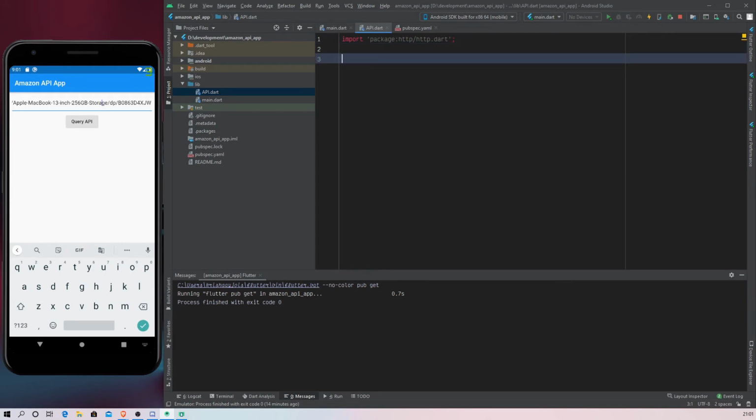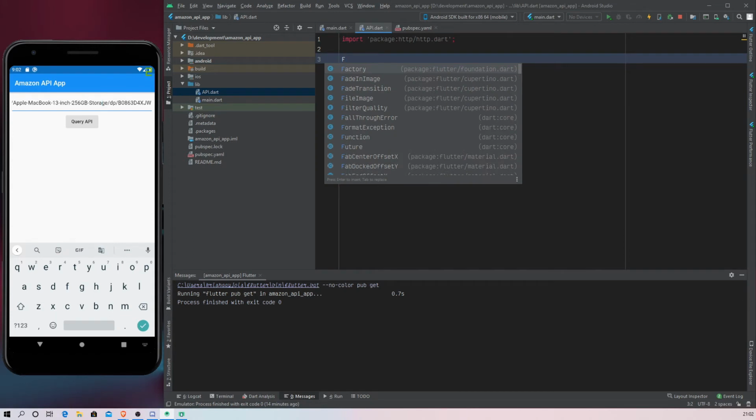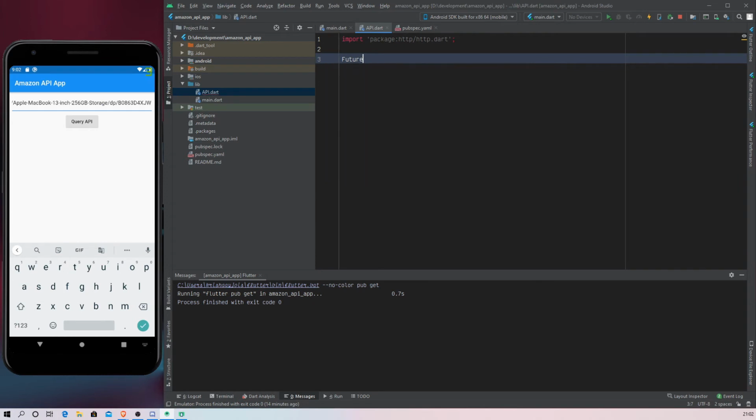Now since our command takes time to process the data and then give it back to us as JSON, this will be an asynchronous function, because we'll have to wait for the data. So this is going to be a Future, and we'll call the function getData, and we're going to pass in a query URL.